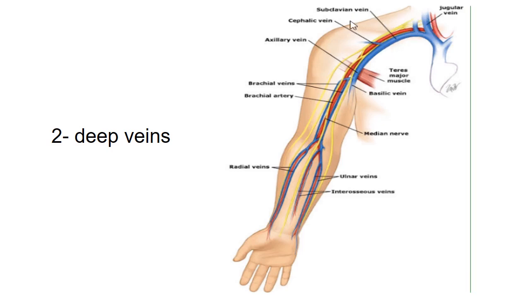That was all about the deep veins and the superficial veins of the arm. We'll talk about the superficial veins, their formation, their tributaries and drainage in quite detail in the hand. For now, you just need to remember their names and their drainage in the arm. You don't need to know their drainage in the forearm and hand. We'll talk about this in detail when we'll do the hand and forearm, right? That was all about today's lecture.